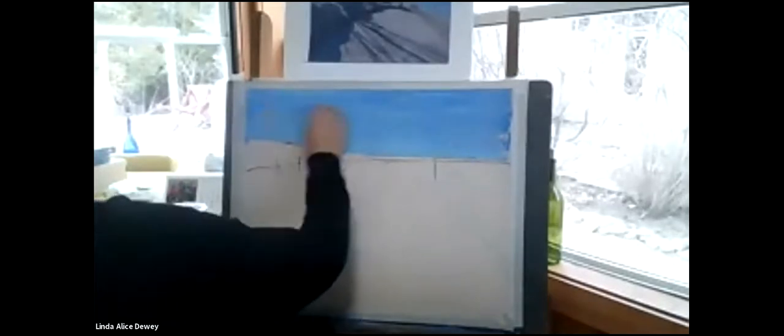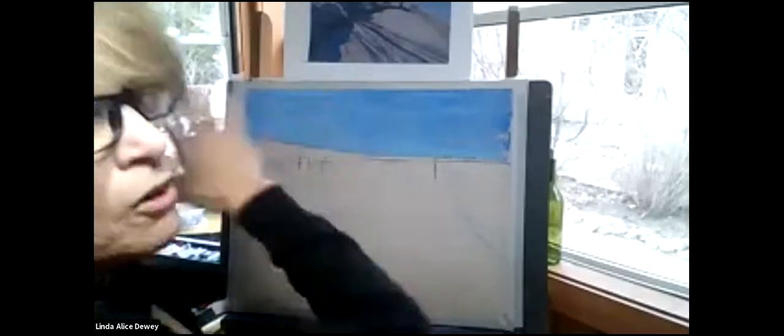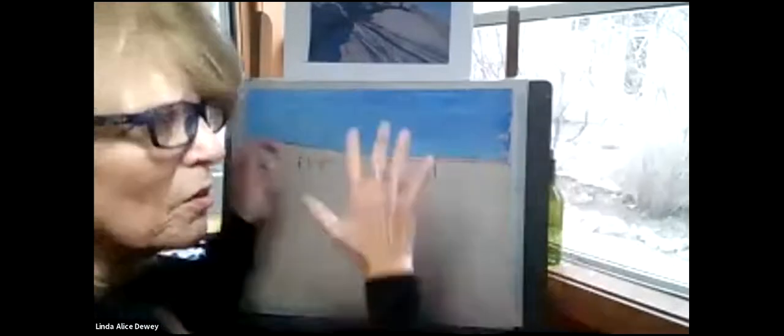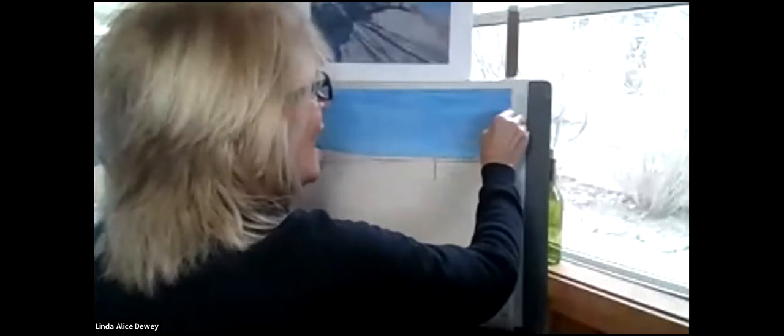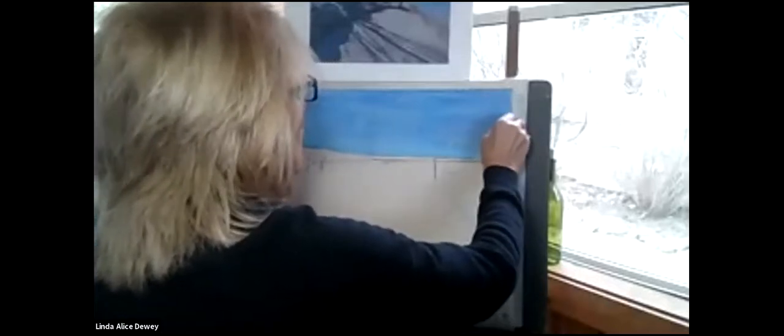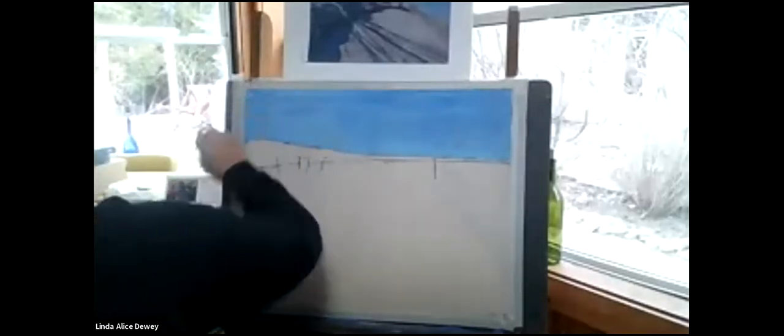All right? And we're going sideways because if you look, there are some clouds there and they do go sideways. And you want your stroke to do whatever the object is doing. So you want to make sure that you do that. And go all the way to the edge, because you cut your paper to fit your frame. So go all the way to the edge, get those edges at the top. Okay, now comes